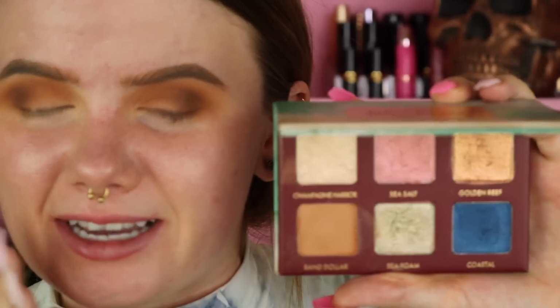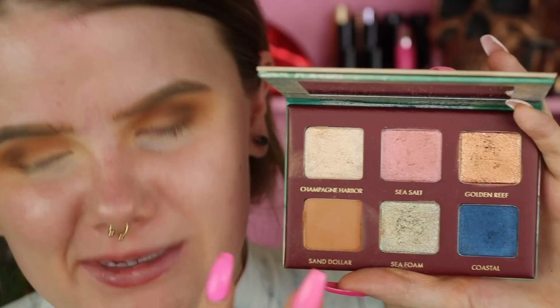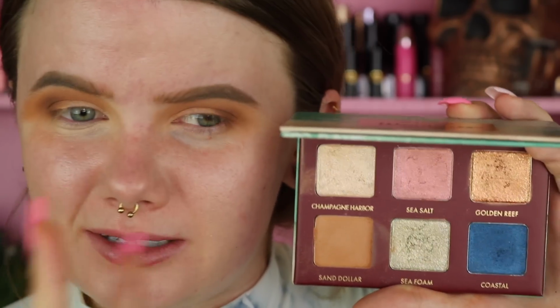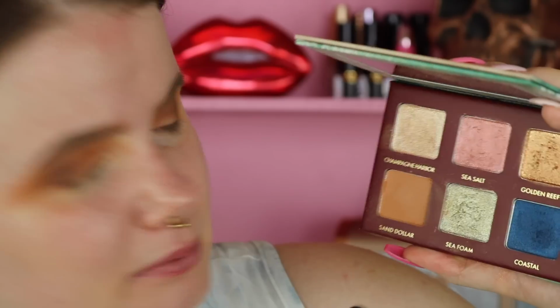See, that just helps to add a little bit more depth. I mean, that's the only thing with these smaller palettes. I always wish there's at least 2 matte shades. 5 shimmers and 1 matte. I mean, it's like, come on. I can't exactly travel with this palette. I would bring probably 2 palettes if that were the case. So that's my only issue with some of these smaller palettes. But you know, I'm making it